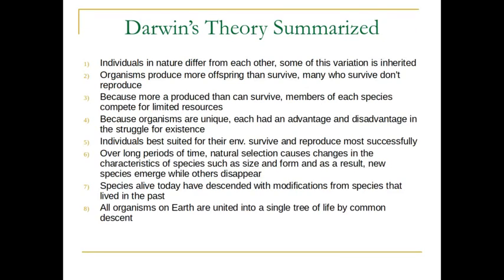Darwin's theory summarized here: individuals in nature differ from one another. There's going to be some natural variation, and that variation needs to be heritable. Organisms produce more babies than can survive. Many die. Think of turtles, all the eggs laid out on the beach, and then they all emerge